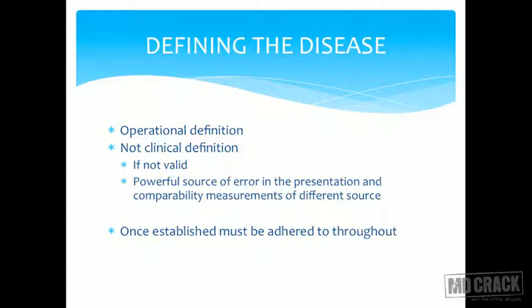Why? Because there is a lot of subjectivity inherent in this definition. So what I want is a very specific definition. I want a definition which says erythema of the pharynx plus tonsillar enlargement plus a culture which isolates streptococci. So this is a very specific definition, and that would be my inclusion criteria. If these criteria are met, I'll include that case. If these criteria are not met, I'll have to exclude that case. So operational definitions are specific definitions which give you a definitive diagnosis.